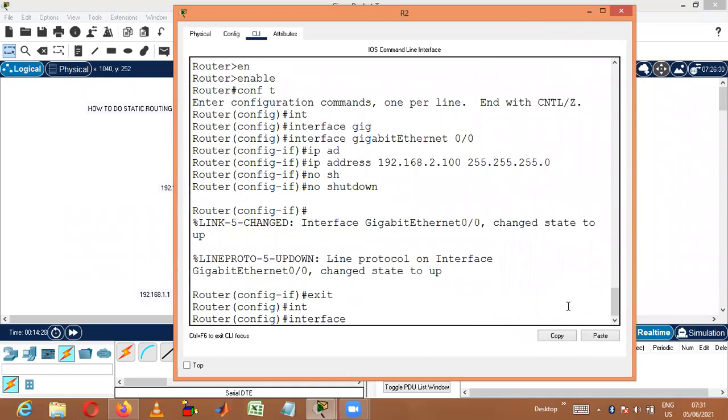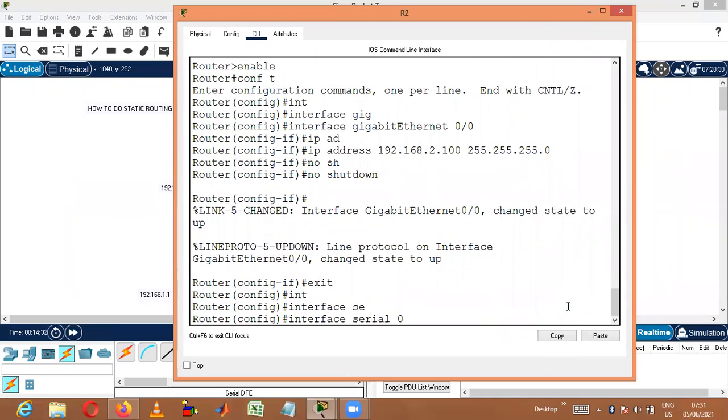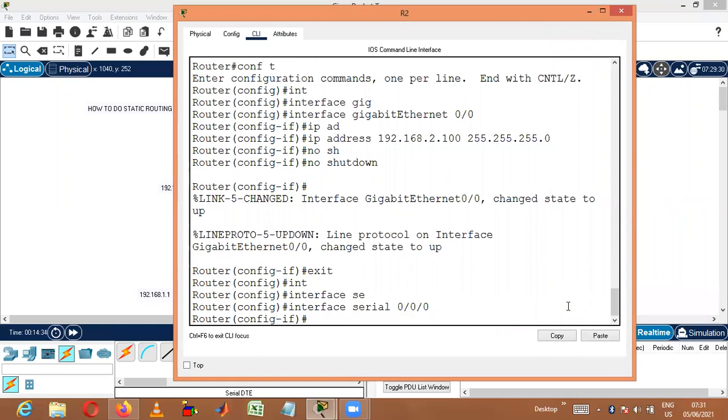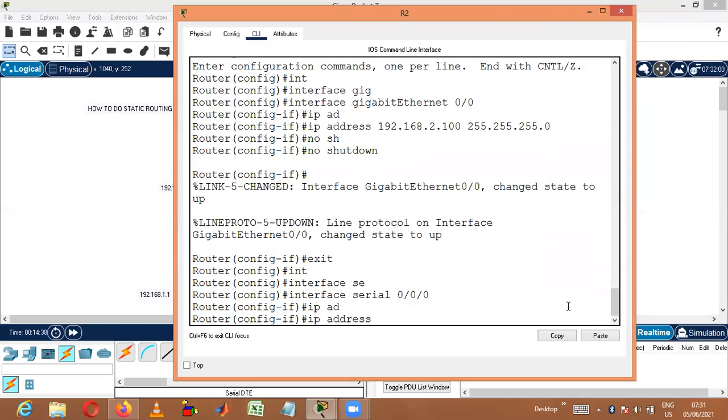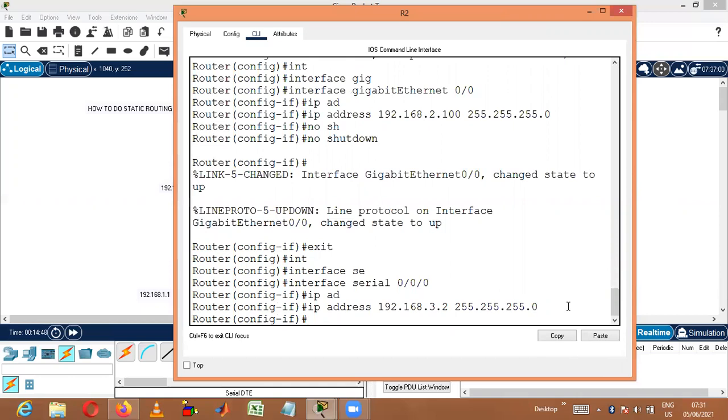So interface serial 0/0/0 and then ip address 192.168.3.2. Similarly, the mask is 255.255.255.0 and then no shutdown.